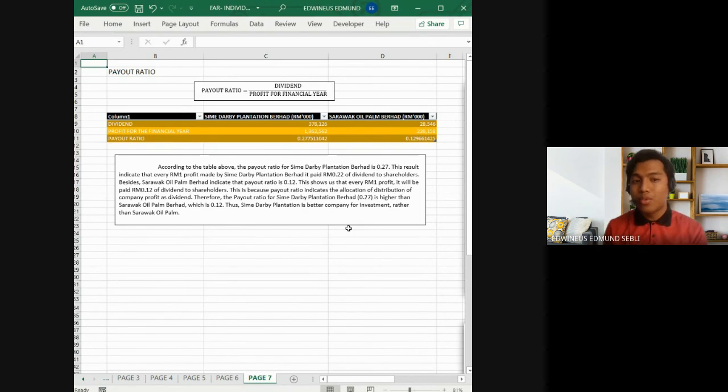This is because a payout ratio indicates the allocation of distributions of company profit as dividends. Therefore, the payout ratio for Samdabi Plantation Berhad, 0.27, is higher than Sarawak Oil Palm Berhad, which is 0.12. Thus, Samdabi Plantation is a better company for investment than Sarawak Oil Palm. So this is the 7 ratio analysis